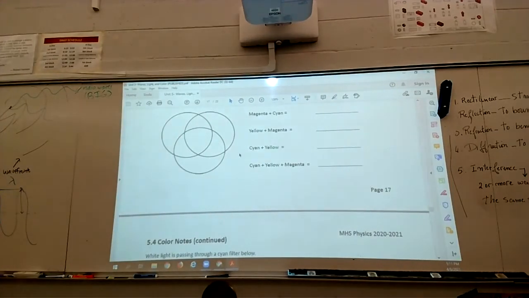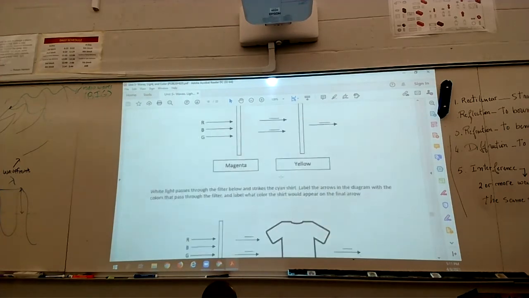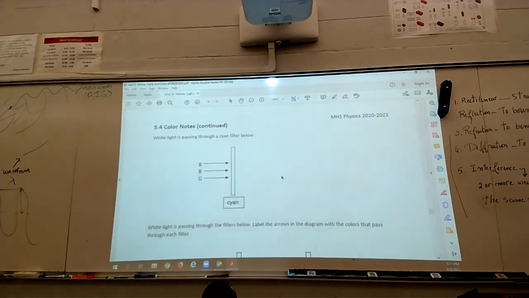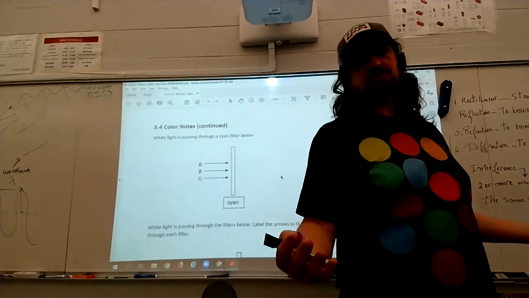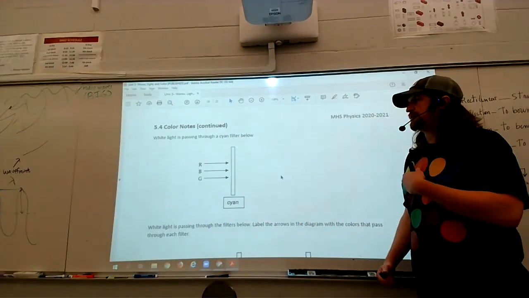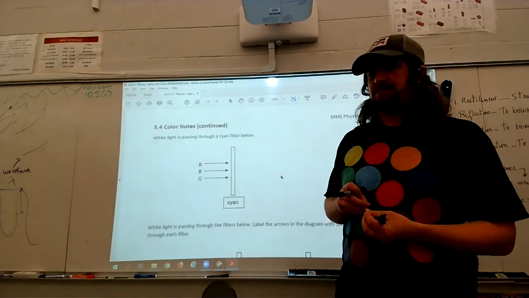So as we're going on, we're going to get to this next page. This is page 18. And we need to talk a little bit more about what's called a color filter. Color filters are also another thing that operate by color by subtraction. Instead of absorbing and reflecting light, however, they're only designed to just absorb some light and let the rest of